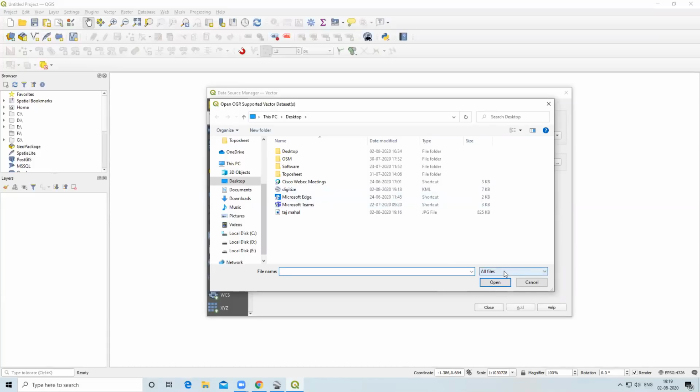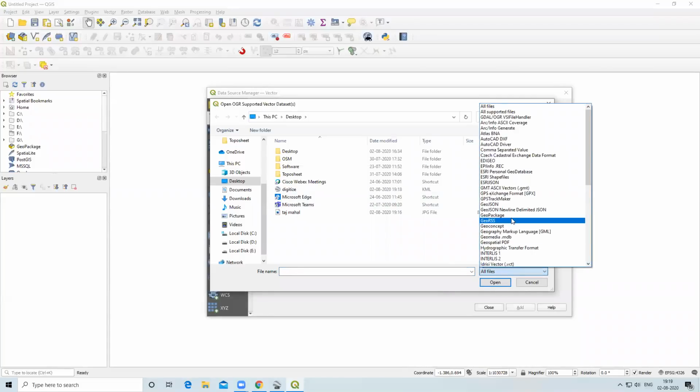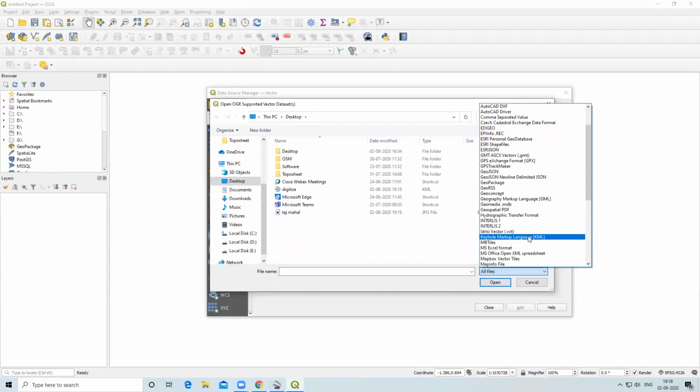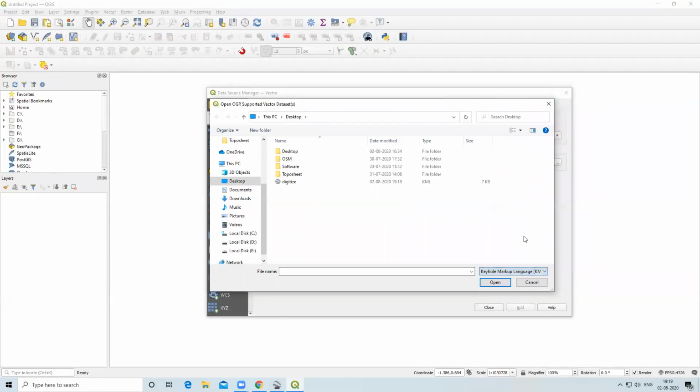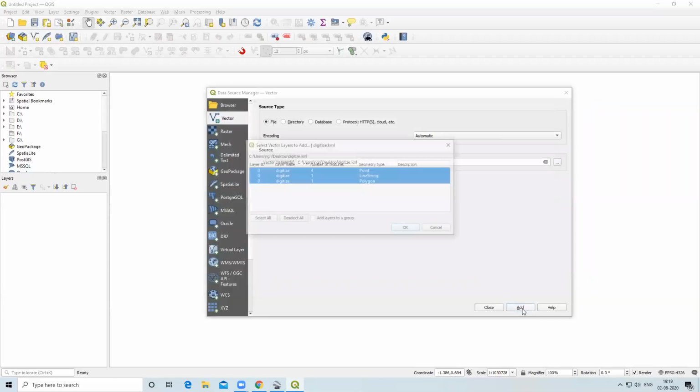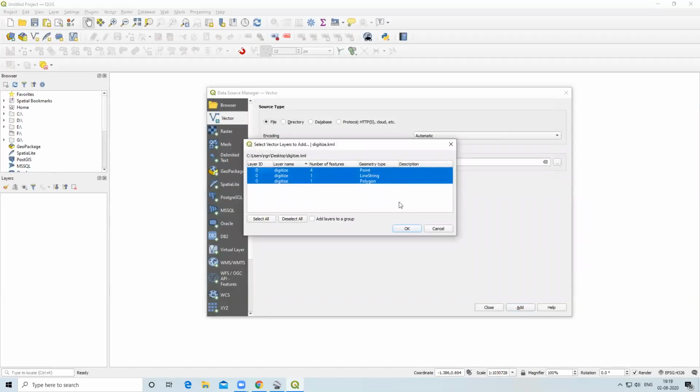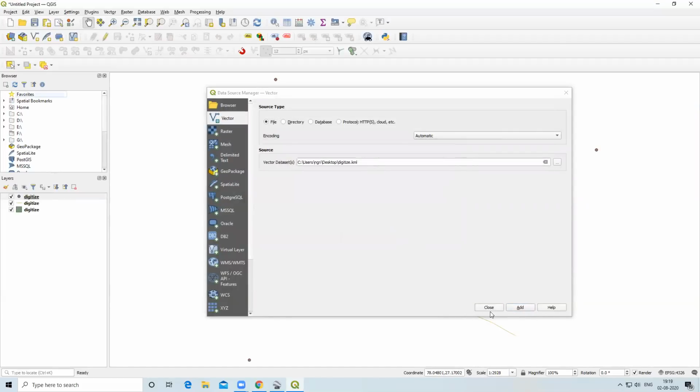We'll select Keyhole Markup Language, KML, and this is digitize. I will select open, add. So this point we want to add, OK, and close.